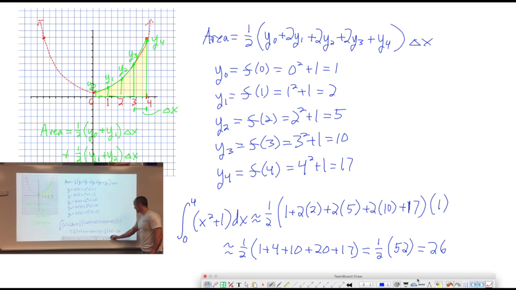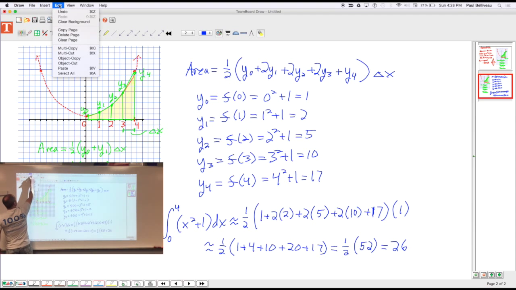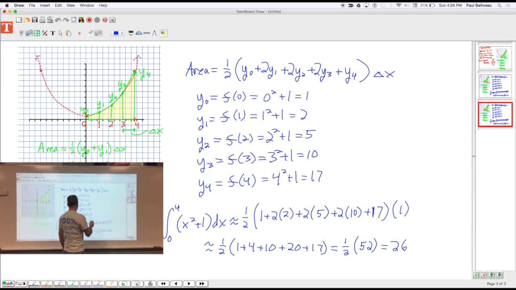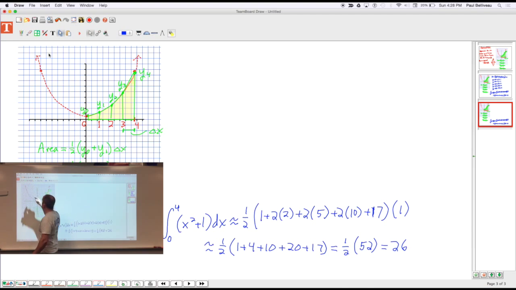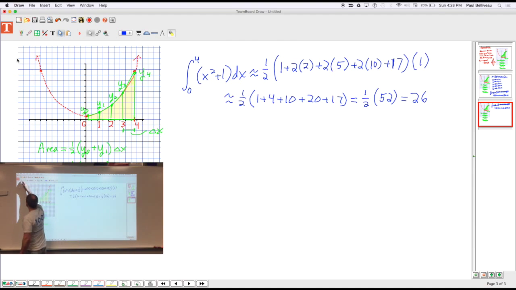Another thing that you might be asked is, how off were you? What was the error in this? Was this a particularly accurate way to approximate this area? Well, in order to answer that, you have to remember how to find the area exactly. So what you'll do then is you'll take your approximation and compare it to the exact area,